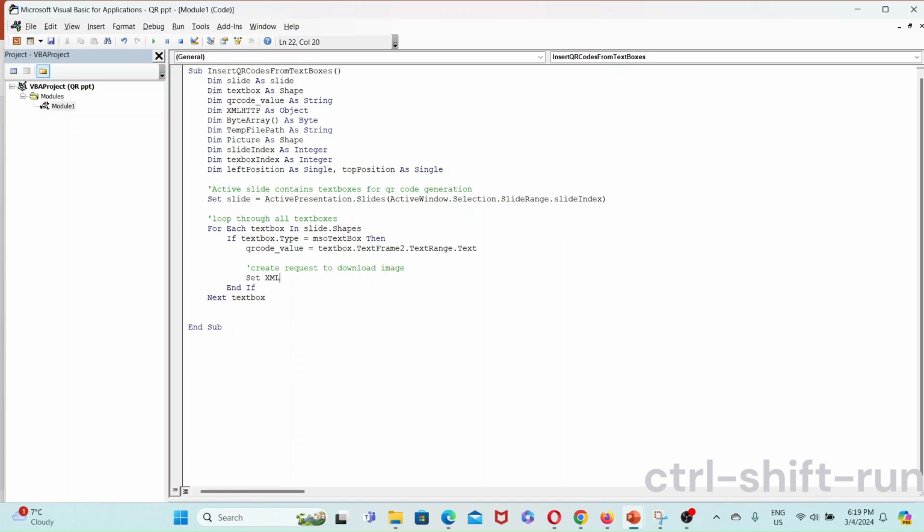So we'll set XMLHTTP. What we'll set it to is we'll then create an object, right? And then the object will be MSXML2.XMLHTTP, right? Because we want to download this, and then we will say XMLHTTP, and we will open it, .open, and we want to use a GET,